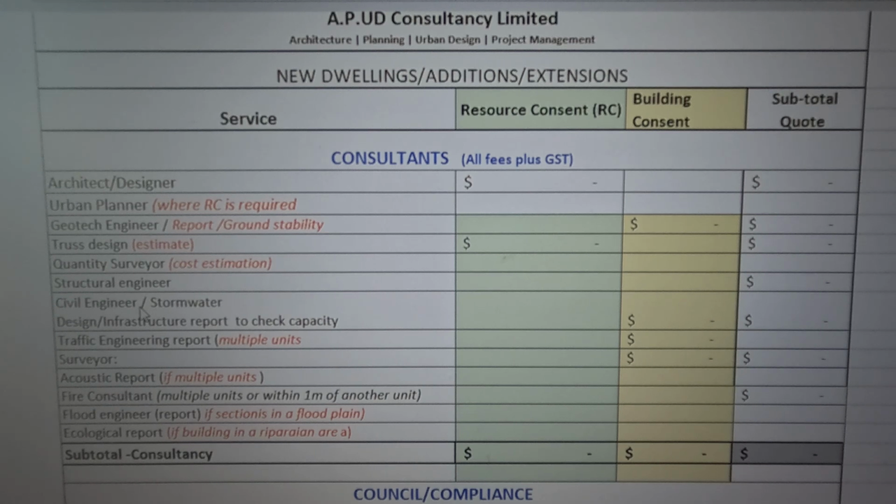So you need a civil engineer or an infrastructure engineer to come out and do a study and then recommend what improvements need to be done on that particular site